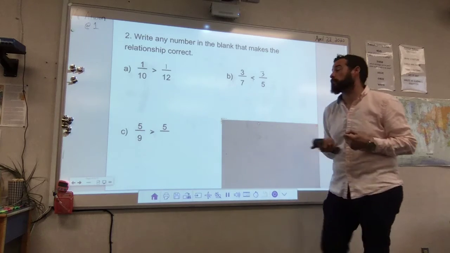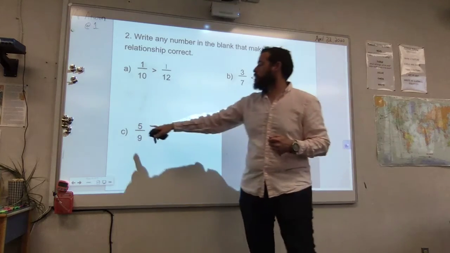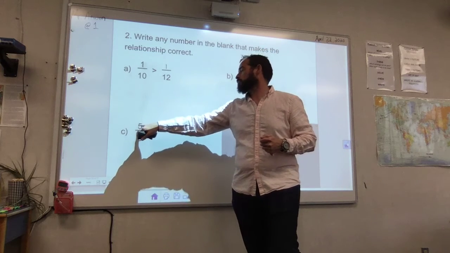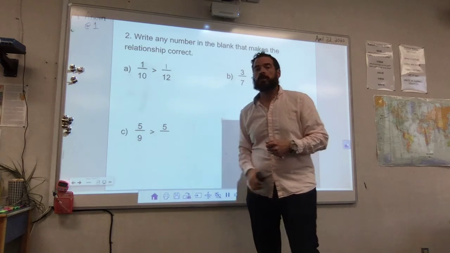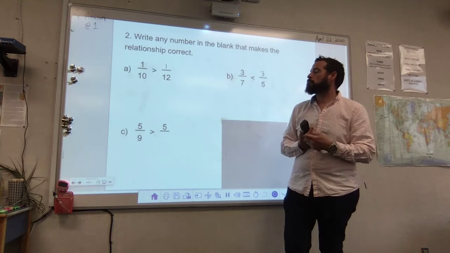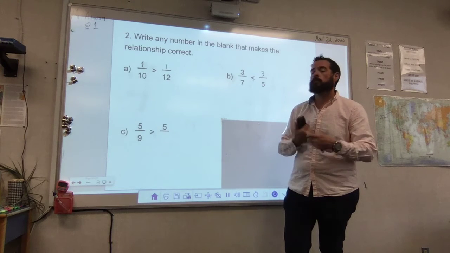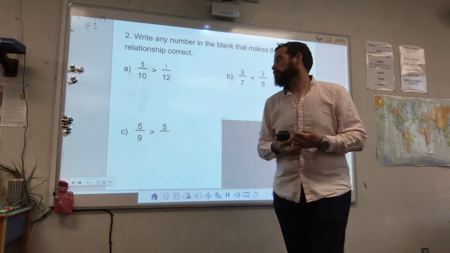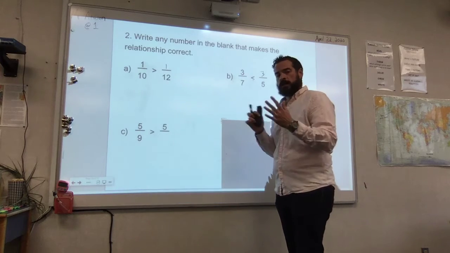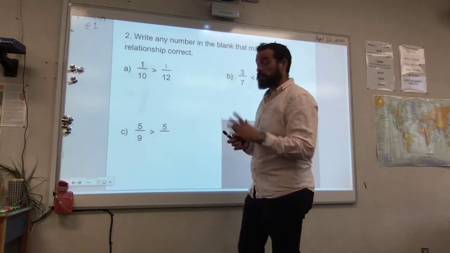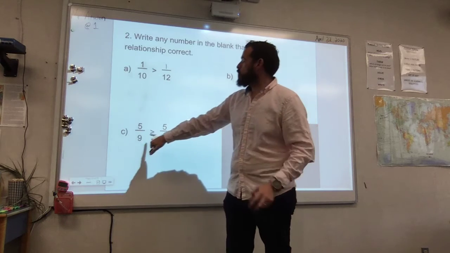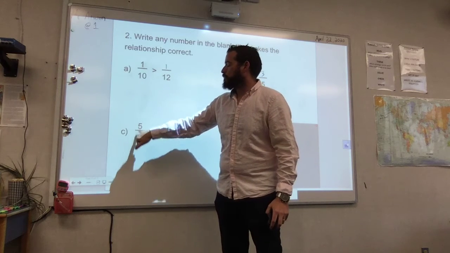Now C is a little bit different because now we've got the numerators already filled in. So we want to say 5/9 is greater than 5 over something. Now this, again, might get a little bit tricky, a little bit confusing, and that's okay. But so 5/9,